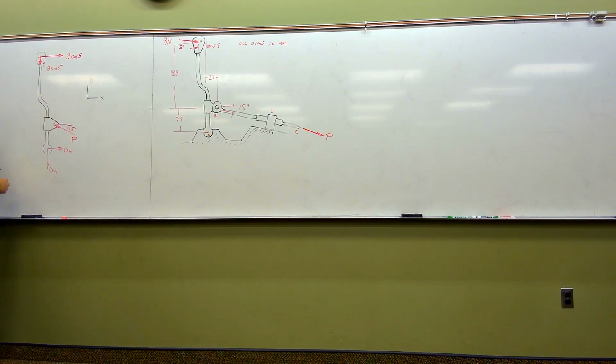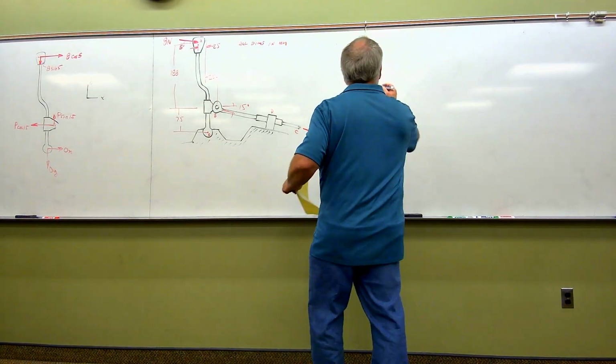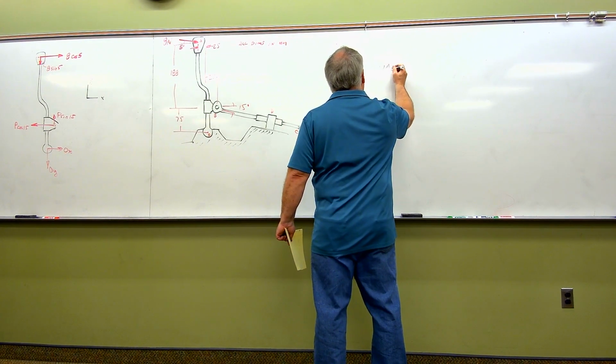I'm going to do the exact same thing here. I'm going to slide this force over and anchor it right here because I know that's where I've got dimensions. So in this case, I'm going to have a force tending negative x, tending positive y. So this one here is going to be P times the cosine of 15. This one will be P times the sine of 15. And with that, I get to get rid of the original force. I don't need it anymore. So now my free body diagram is looking like that. But now that puts me in position to write the moment equation because I'm using Varignon's theorem to make my moments a lot easier. So now if I sum my moments about point O,